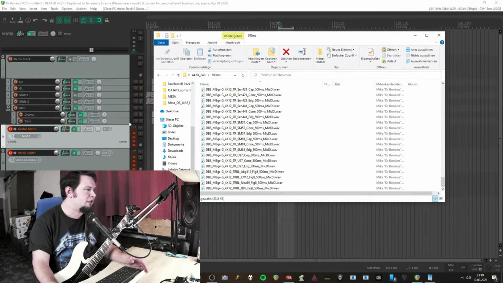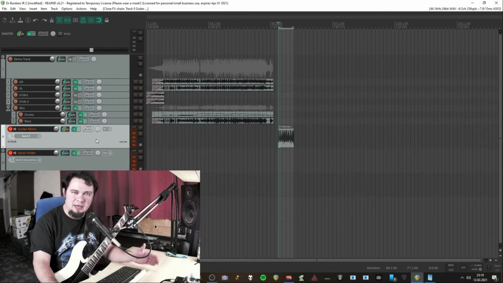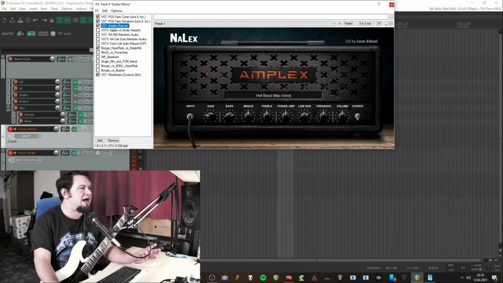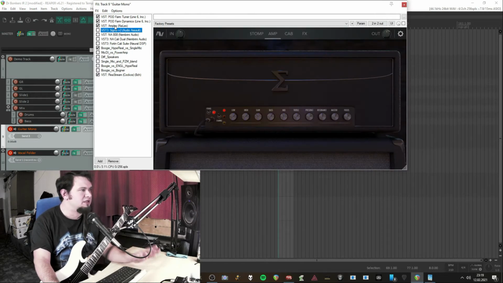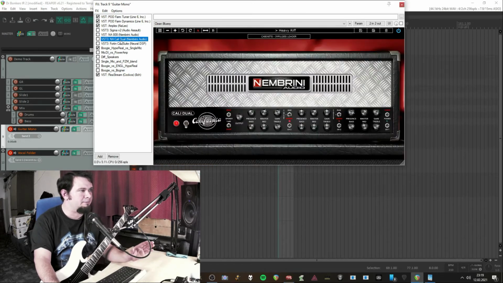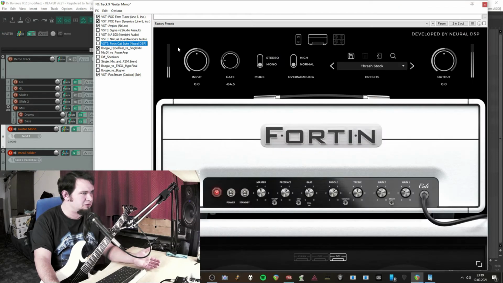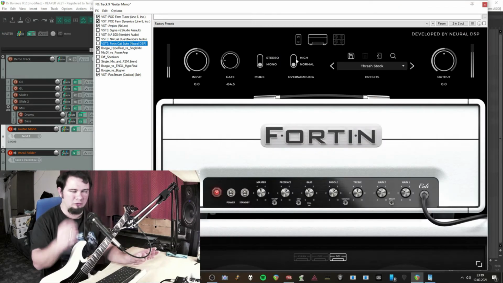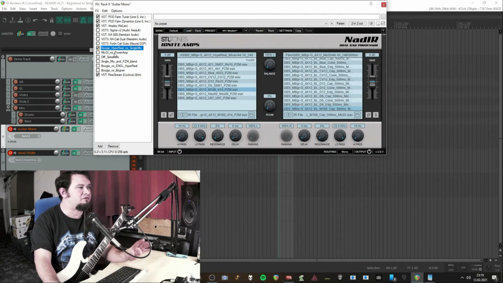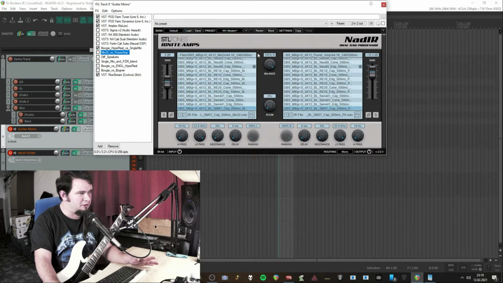However, let me show you the setup which I prepared today in order to listen to the impulse responses. What we have over here is I have now prepared different amplifiers. The Amplex, Sigma from AudioSalt, Nambrini Audio's a.k.a. with the respective Tube Screamer, and the 14 Cali suit. Unfortunately set it to normal oversampling rate because it would otherwise kill my PC. Sorry guys. And then I also prepared a lot of different setups where we can compare by moving the balance knob over here in